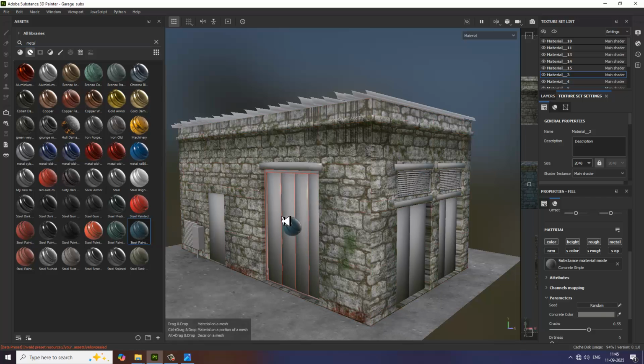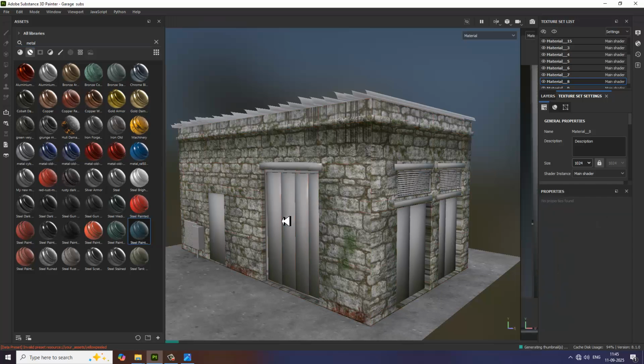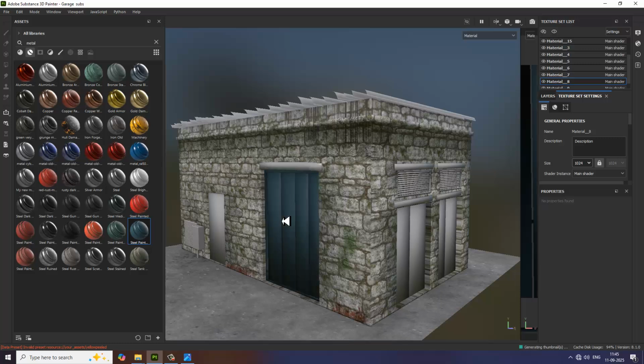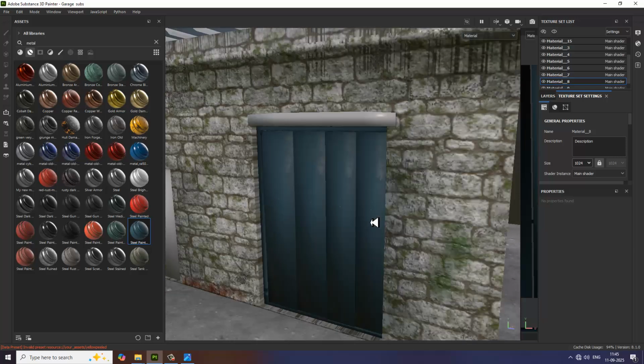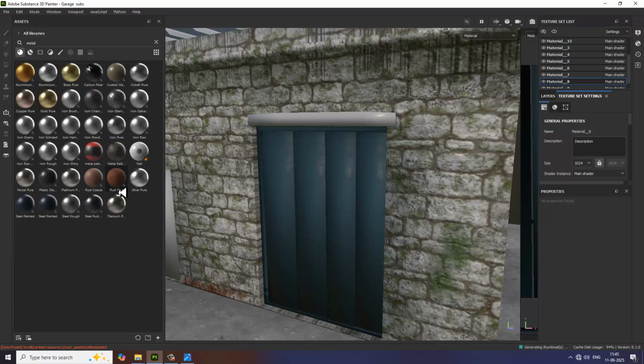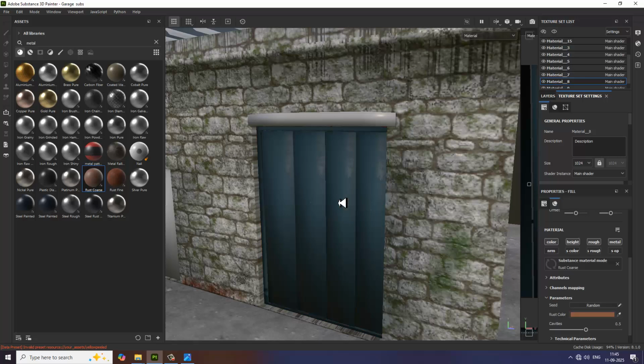Let's just assign it over here on top of it. So again I'll go over here and let's take some rust coarse metal if needed. I can assign on top of it,